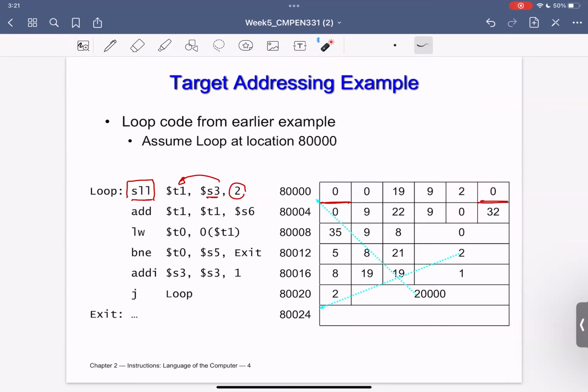So with that example, I'm just adding by 4. So I will check if this is not equal to that. I will go in the table to see what is S5. I will find that S5 is 21. I will allocate here 21. T0 is 8, so I will allocate here 8. And then the branch not equal, I will look at the table. I will find that actually the opcode is 5.